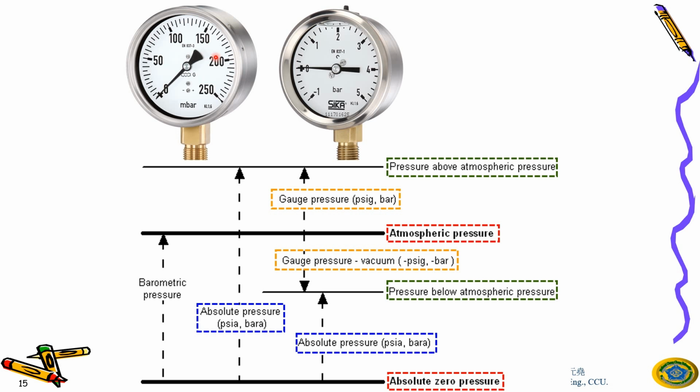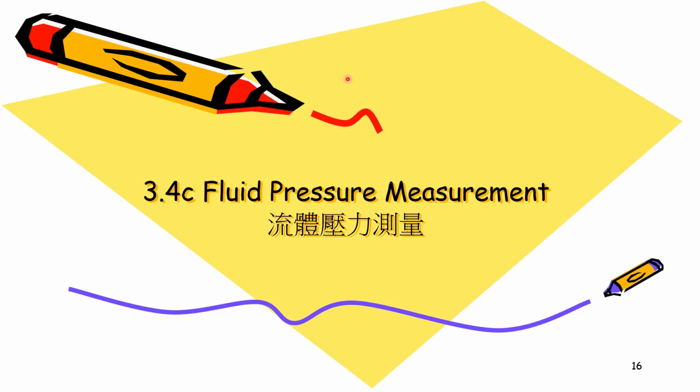Right? And another term is called barometric pressure. It's measured for the atmospheric pressure only. Okay, so don't worry about this. What I want to tell you is there are two different types of the gauge. One is to measure the absolute pressure, one is to measure the gauge pressure. Right, once you remember this, and now I want to show you how to measure the pressure using a